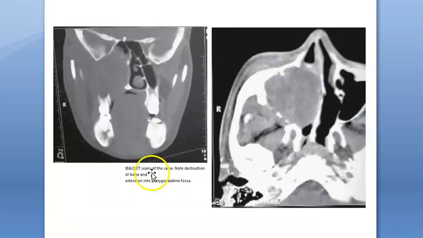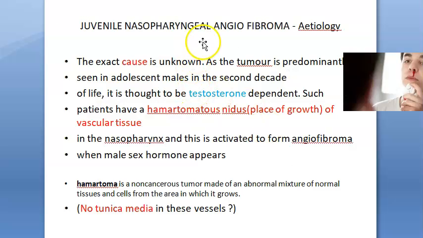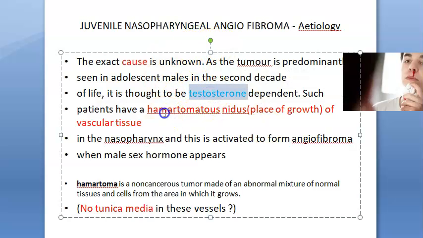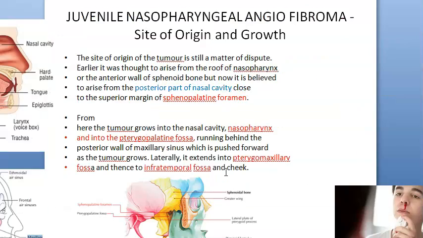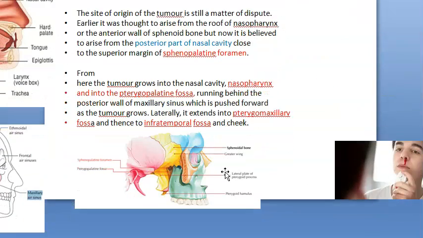So these are showing CT. Okay, the destruction of the bone and extension into the pterygopalatine fossa. So basically, why does this happen? Testosterone will lead to a hamartomatous nidus of vascular tissue in the nasopharynx. So basically, what happens here is that